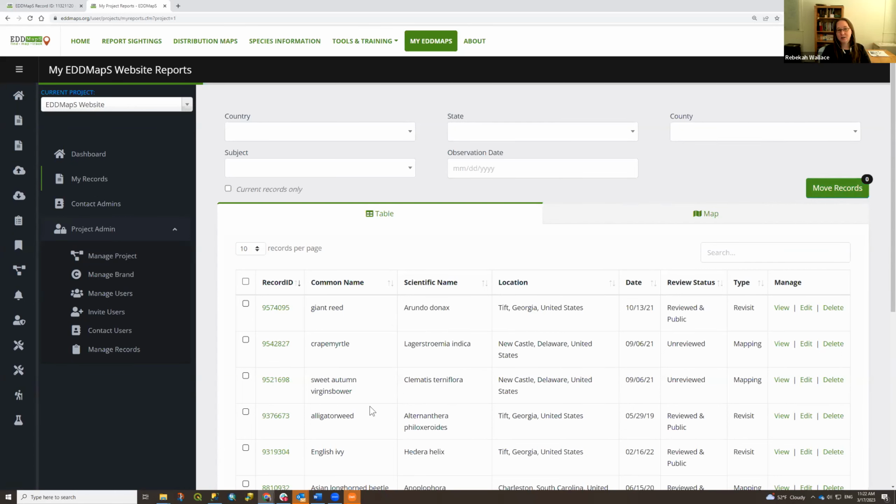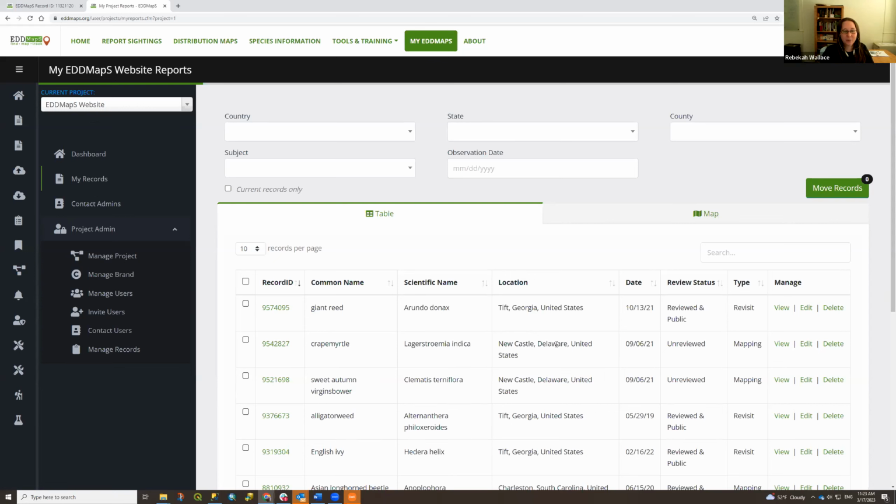You can move records from one project you're in to another project you're in. If you accidentally put them in the wrong spot, you can move them only if the receiving project allows that subject. Again, I talked earlier when I showed you the Forest Society project where they had a finite list of species. If I try to move a species into a project that isn't accepting that species, it won't allow me to.